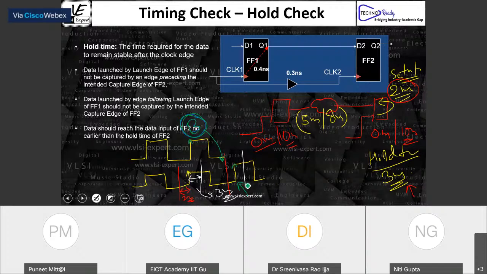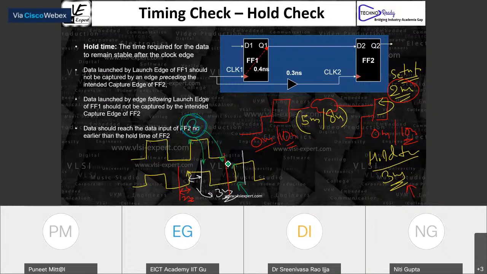And as per the hold, the B should not create any problem to this particular edge, because the constraint for this flip-flop is you should reach after this white line and you should reach before this red line. So for B, it will travel here and we have to see what the delay is, and then we will discuss what that number is. Another condition is it should reach after the white line. If both the things are meeting, then there is no problem.